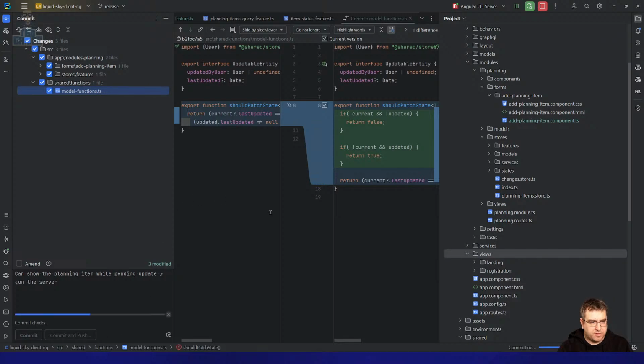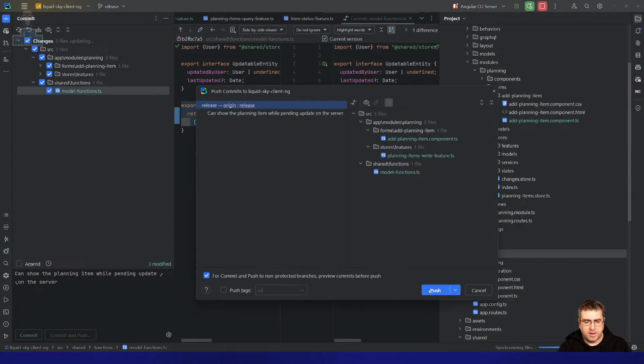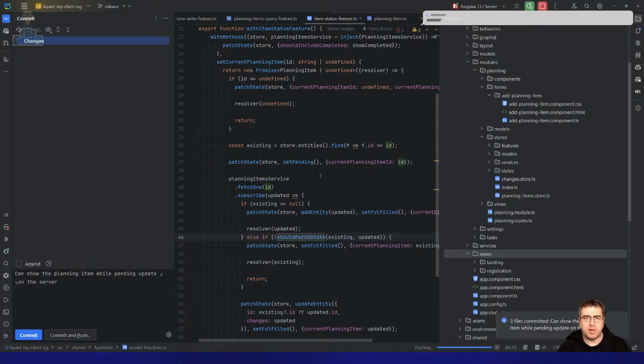So commit and push. As I push this, it'll build the latest image. It'll build the next Docker image of the client, and then I can just repull that. And yeah, anyone testing it will be